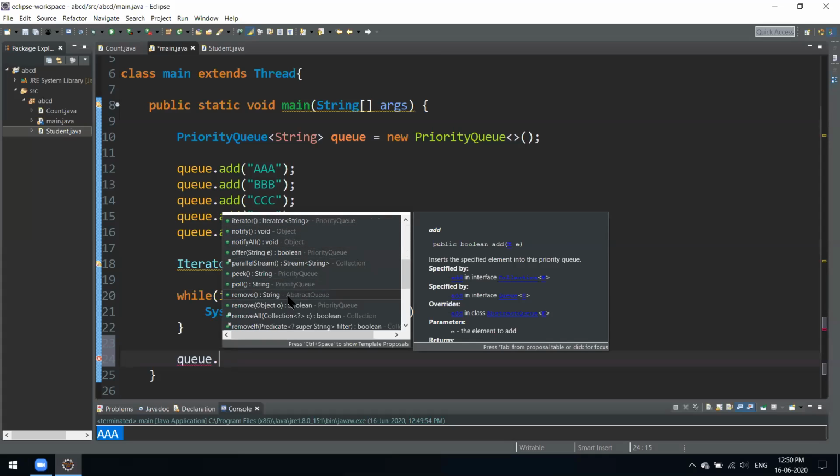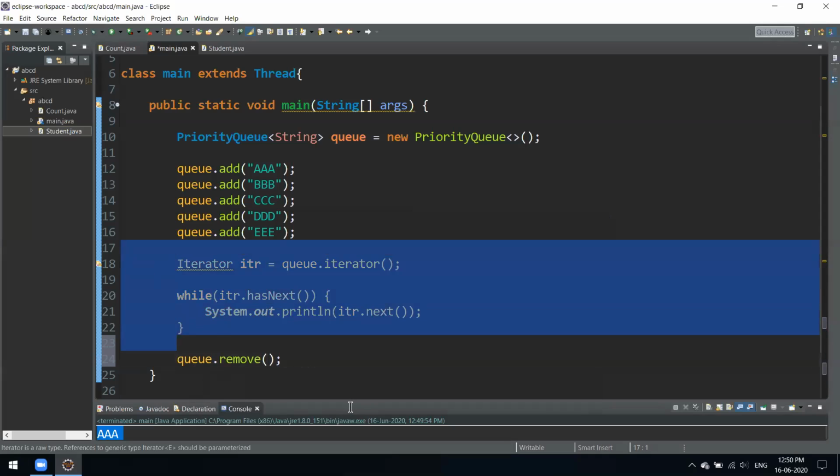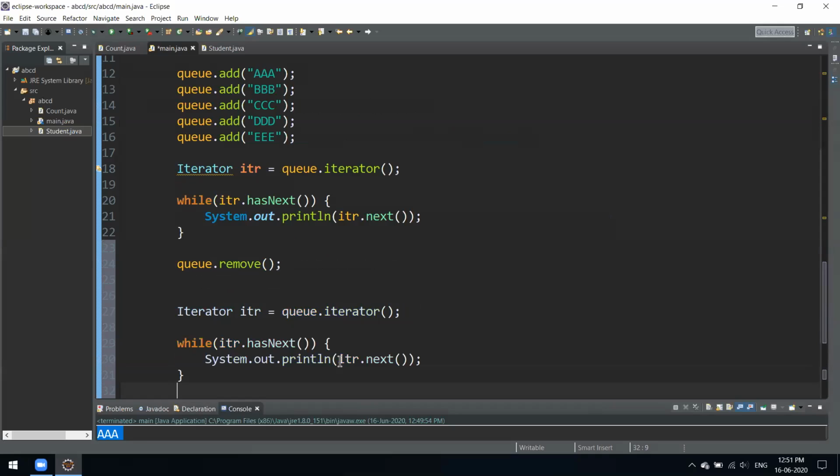So let's see what we have. We have this remove method. What this remove method will do is remove the last element of that array. As I told you, the concept of queue is the last in would be the first out. Last in first out means the last element which was added gets out first, and the first element which we added will keep on going in the list until it reaches the last point, and it will be removed after.